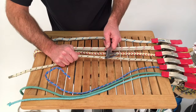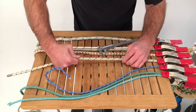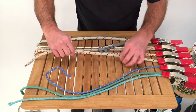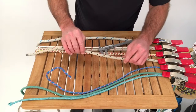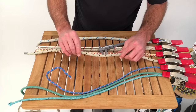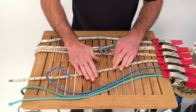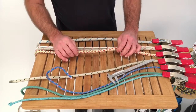Wow, this one's a little closer to 3/8. I'm looking at this. I feel like it's been worn pretty hard, so I'm pretty comfortable that this is a 3/8 inch line. It was more than a hair off of 3/8 towards the 5/16, but not halfway between. So I'm comfortable calling that 3/8. Okay, so